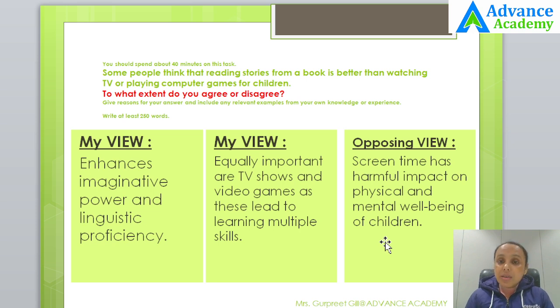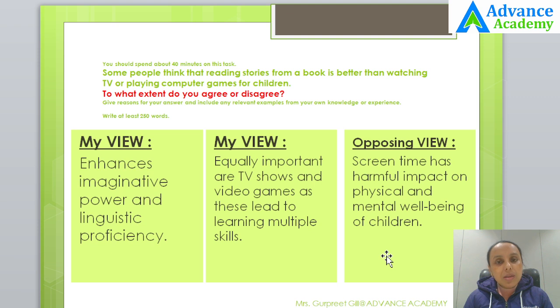So extended screen time might lead to weaker eyesight, wrong body postures, obesity, irritable behavior, or upset sleeping patterns, eating patterns, or they might just avoid some outdoor activities or social interactions, which might lead to some behavioral issues for them. So there could be some psychological impacts on them in terms of weaker concentration and focus, or they might become less social. So the people might be concerned about this.